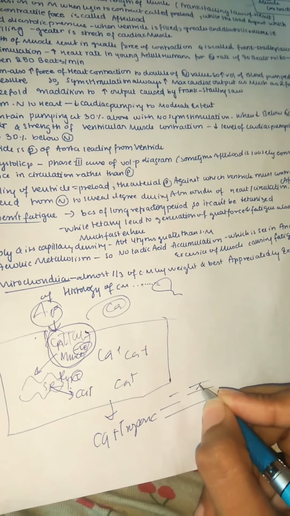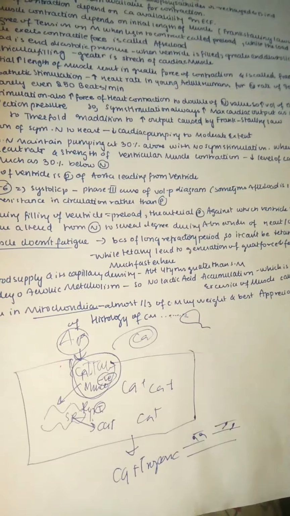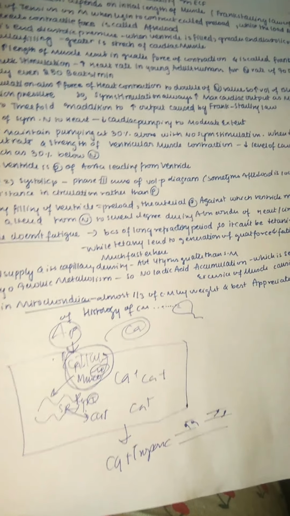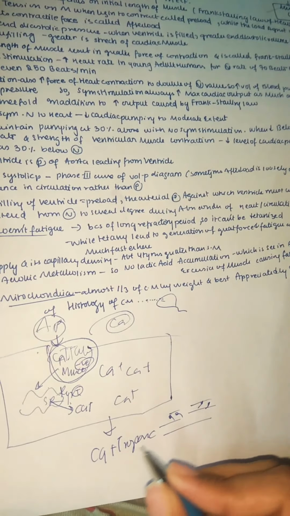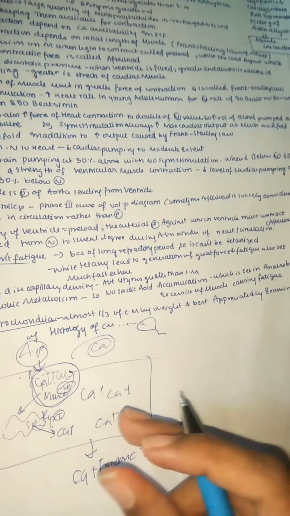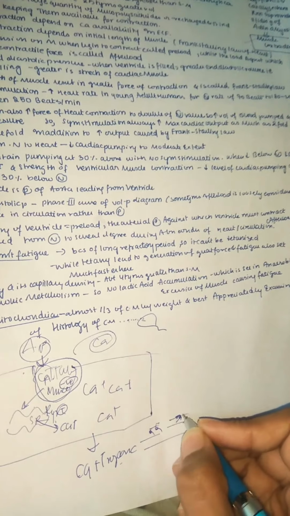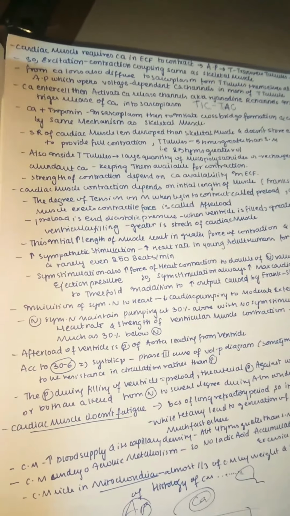So the cross bridges are formed like this. Yeah, we know this from our skeletal muscle. Because more calcium binds with troponin C, they form the cross bridges. These cross bridges finally lead to the contraction. Because of calcium binding with troponin C, it removes the tropomyosin. Because of removing the tropomyosin, the actin binding sites get activated for the myosin. So myosin and actin finally come into contact. This is a process we know already in skeletal muscle. I'm just giving a review.